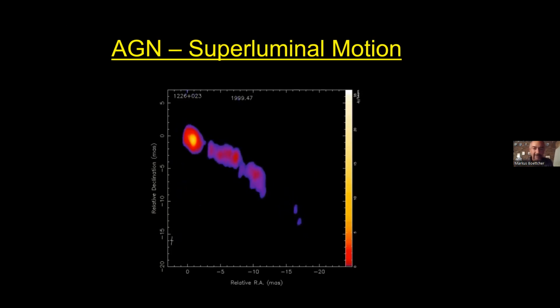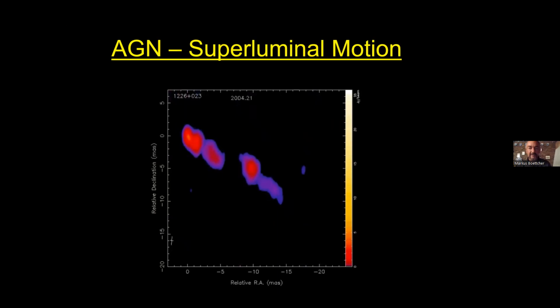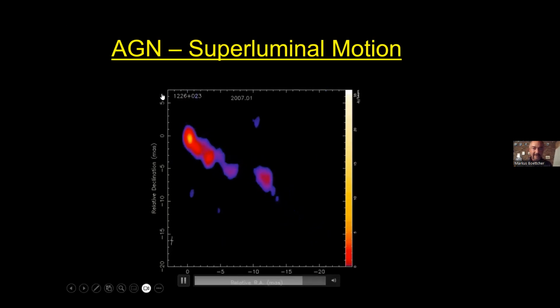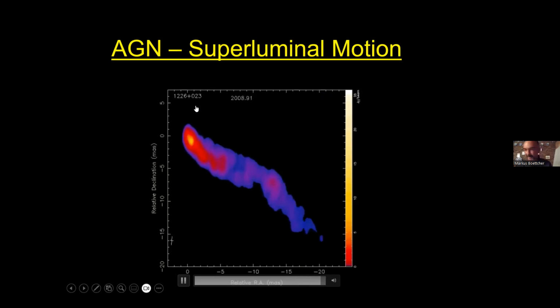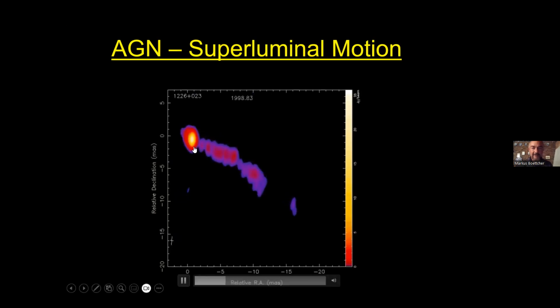So you see a very bright core where probably the black hole is sitting, the central black hole. And then you see individual components, blobs moving along these jets. And the funny thing is, though we know how far away this source is, this is actually a very well-known source. Look at the catalog number here. Many of you may know the source as 3C273. So a very famous quasar, in fact, the first quasar ever detected as a quasar. So we know how far away this is.